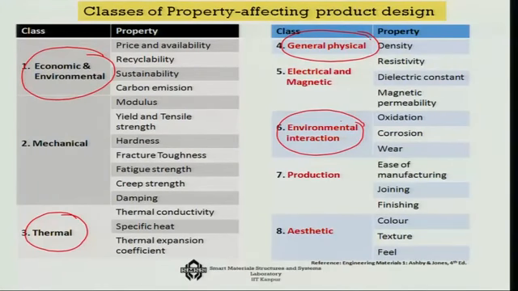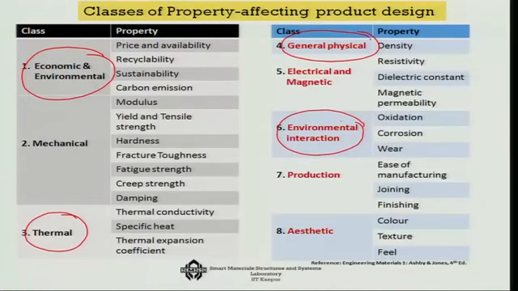So, thus oxidation and corrosion are important, and wear, of course, is important because there are many mechanical systems in which the relative velocity between two components always occurs. If you think of a mechanism, there is always a relative velocity between the links of a mechanism. So, in such cases there will be wear constantly happening in the system, and this wear is to be controlled in terms of controlling the life of the system. So, environmental interaction effects are thus very important considerations, particularly for mechanical systems.